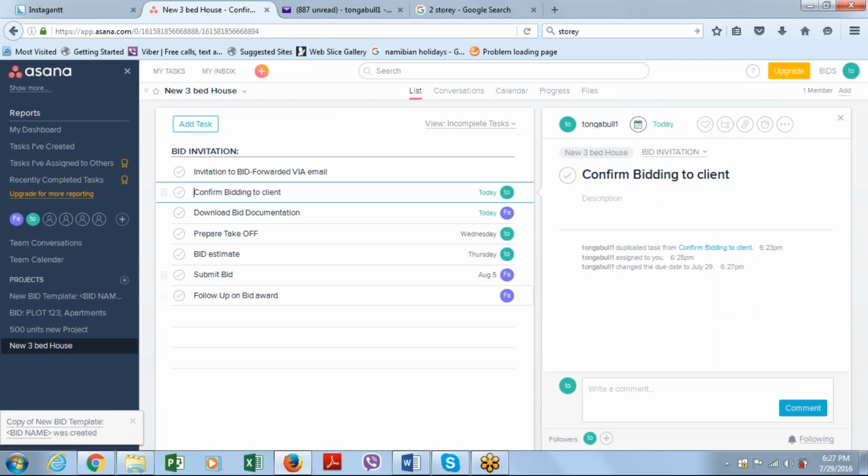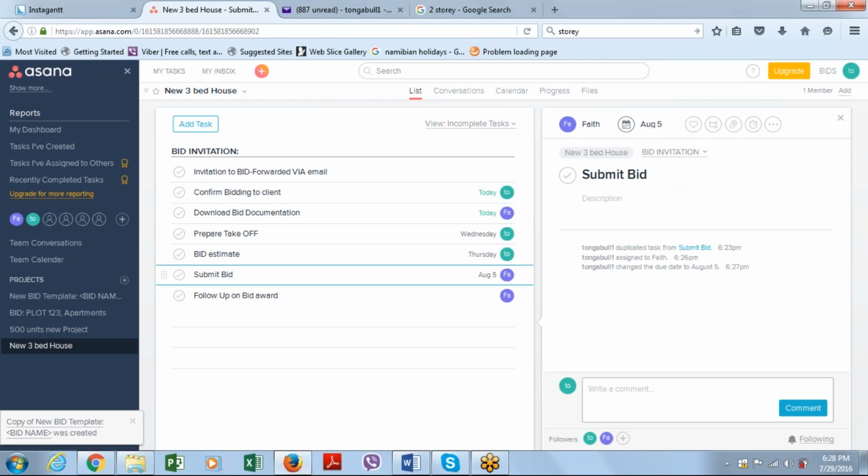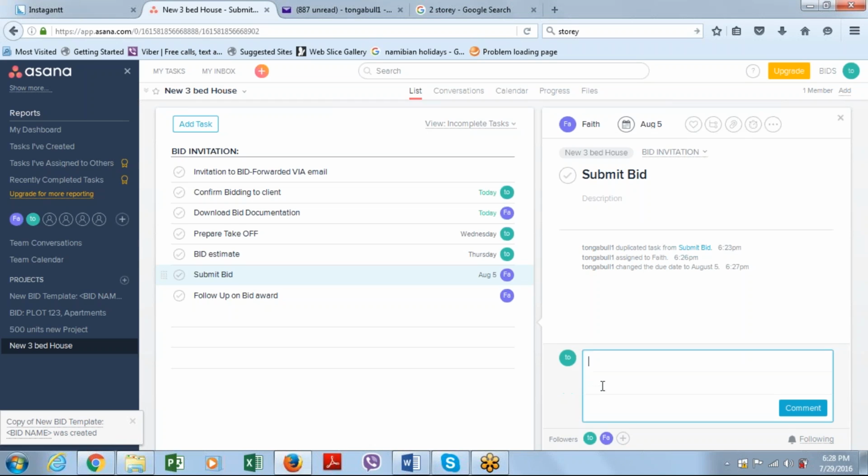Now, what I'm going to do is also, within the submit bid, you can note within the comments to say where this bid should be submitted once it's ready for submission, and give it attention,